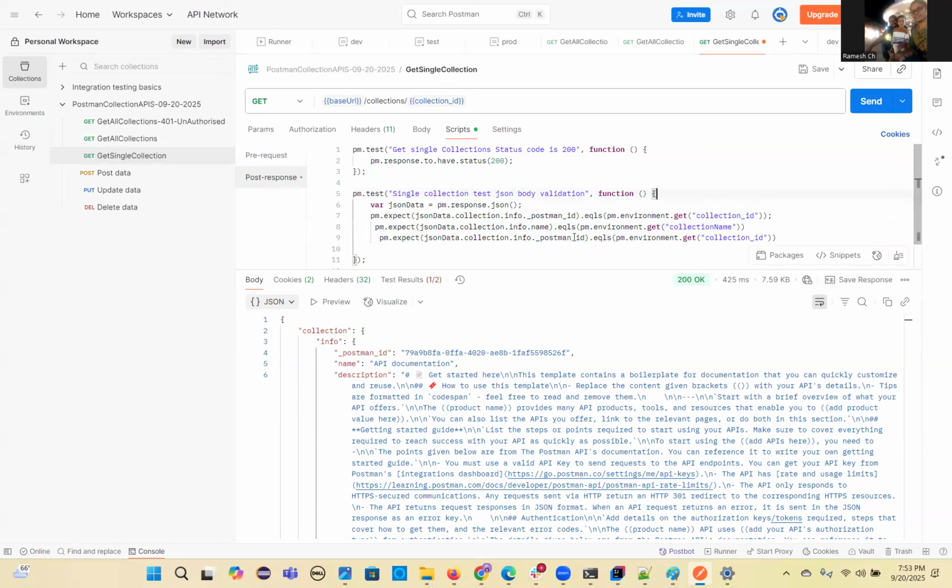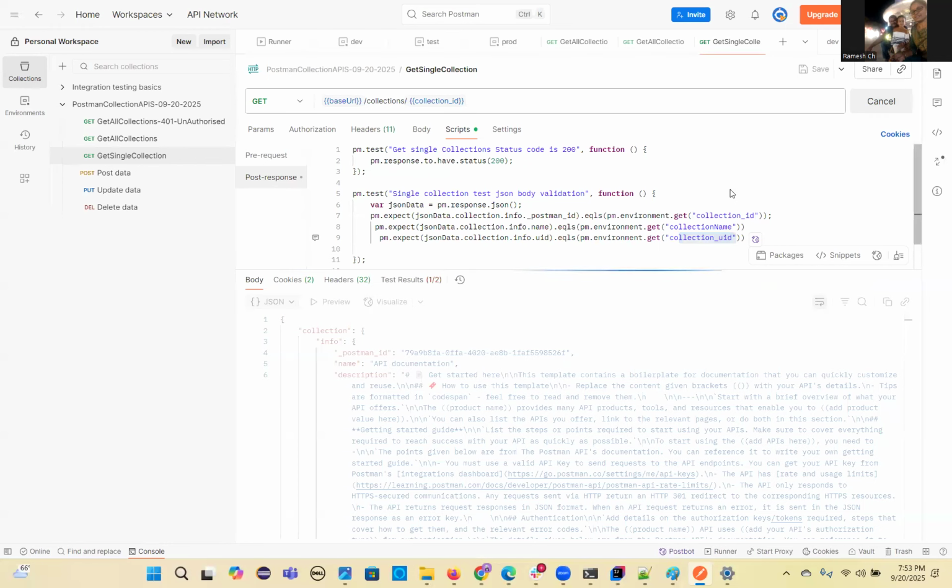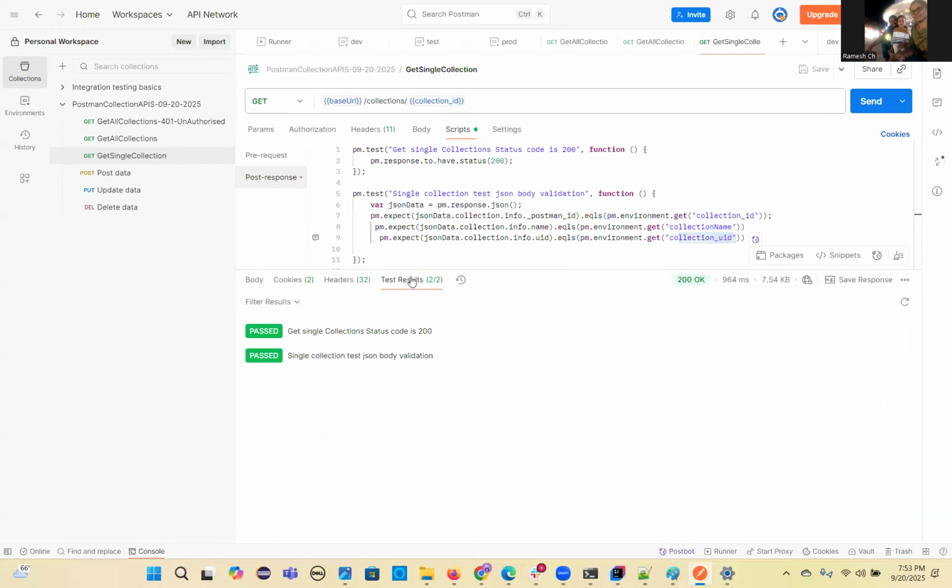So here UID, right? Just UID and collection UID. If any failures are there and this value is mismatch, it is going to fail. So let's execute that. See, both the test cases are passed. Okay, so this is how we will add the test cases for